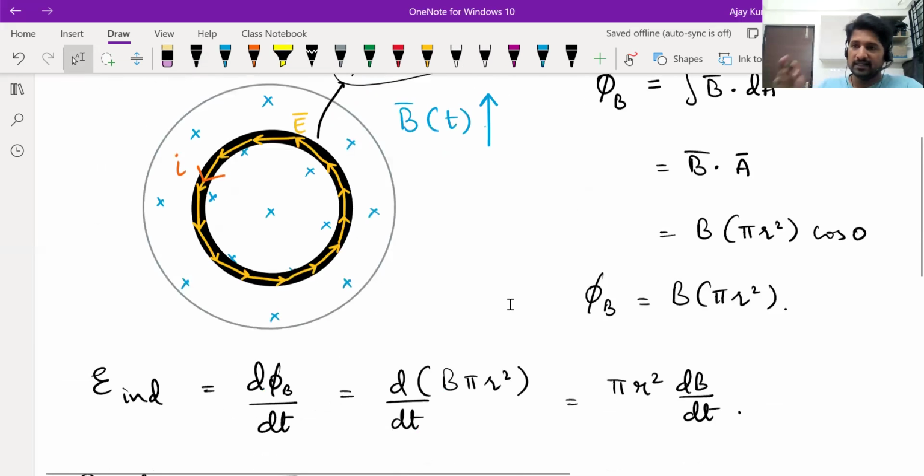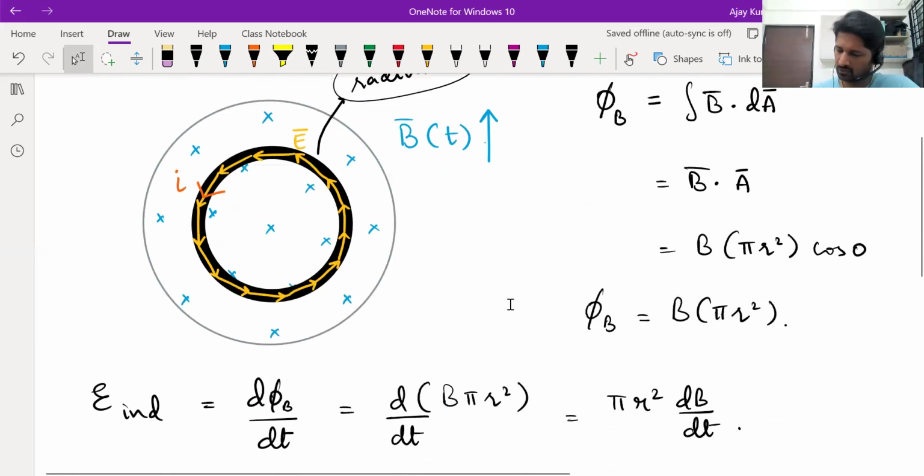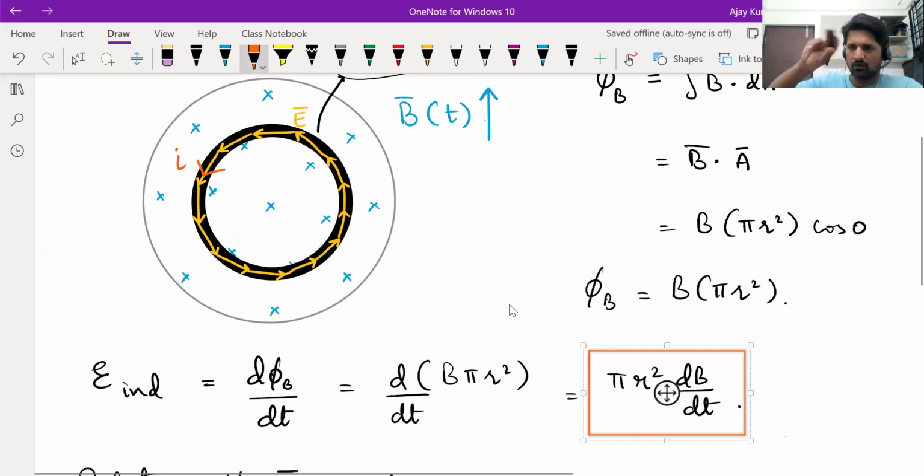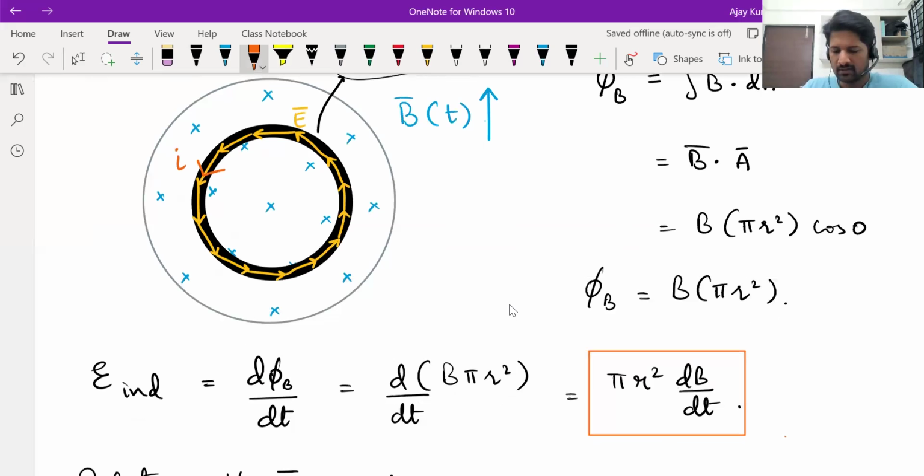And what we know is the EMF in this circular loop, pi r square dB by dt. That we already know. Means we know the total potential difference as you do one round along this loop. Now, the electric field is in the tangential direction. As you move along this loop, at any position, the dr vector, which is nothing but the small displacement, will also be in the tangential direction. So the angle between the induced electric field and the displacement dr is 0 everywhere as you move